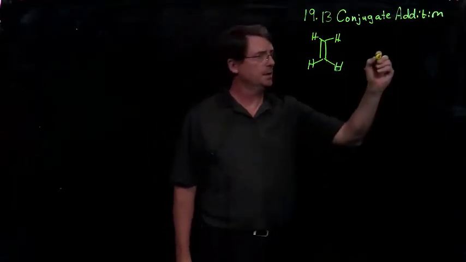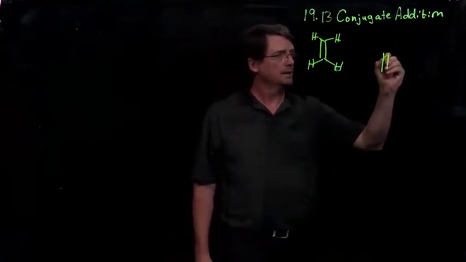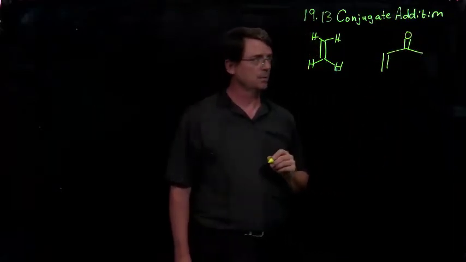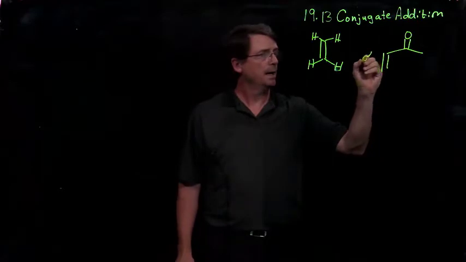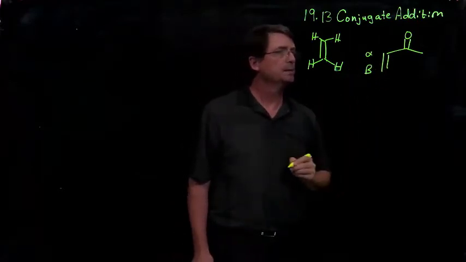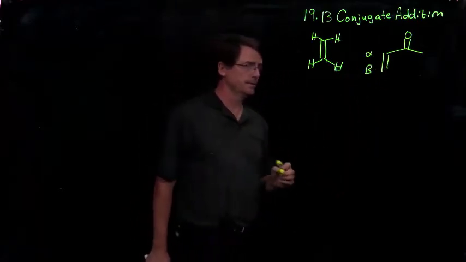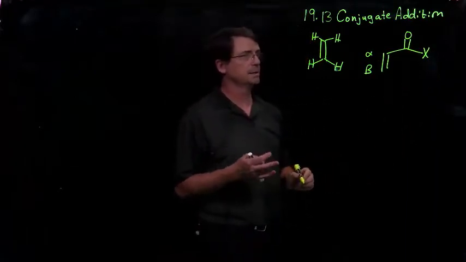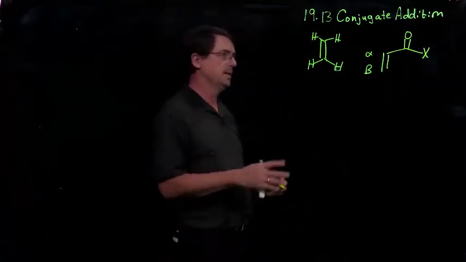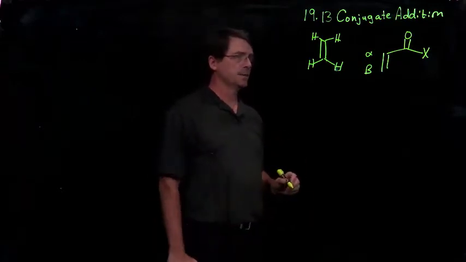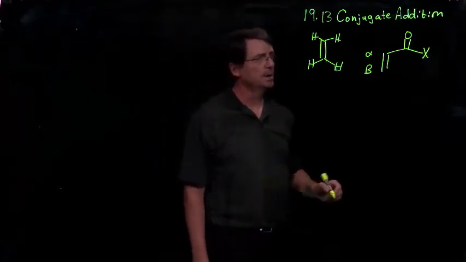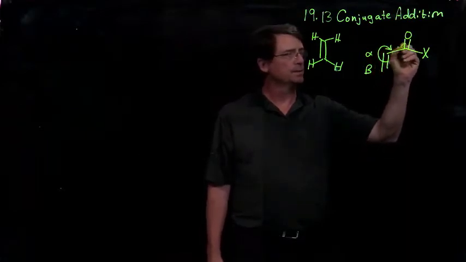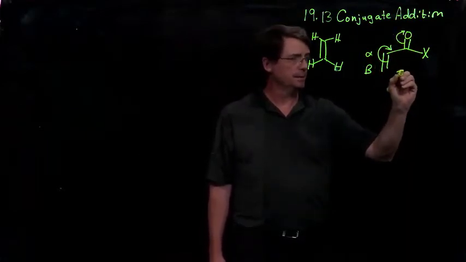And what we're going to see here today is that when we put a carbonyl, so when we have what we call alpha, beta, unsaturated carbonyl derivatives, and I'm going to put a big X here, it can be aldehydes, it can be ketones, it can be esters, it can be amides, a wide variety of substrates have this property. What I want you to see is when we push the arrows to draw the resonance forms that we're accustomed to seeing,